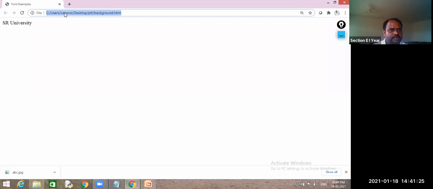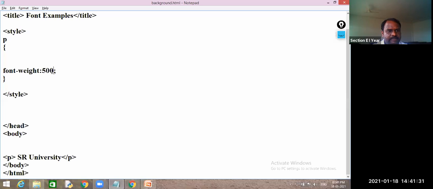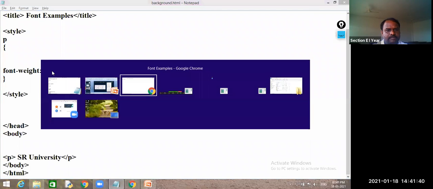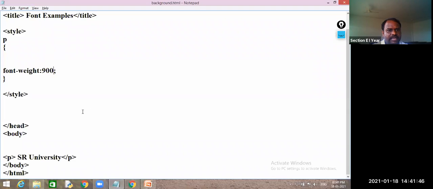Observe this one, somewhat thicker, and I will change it to 900. Almost all bold. Can you observe this one? Bold, very thick.